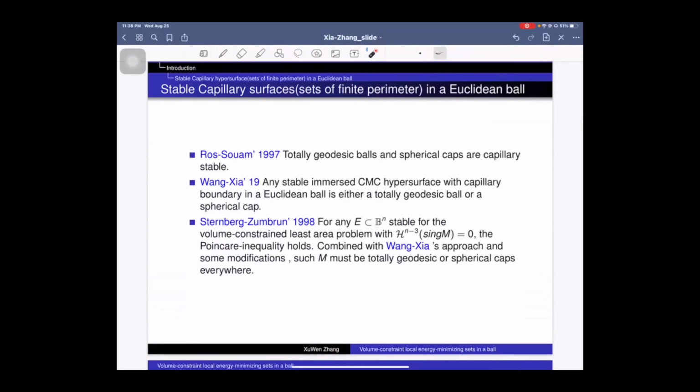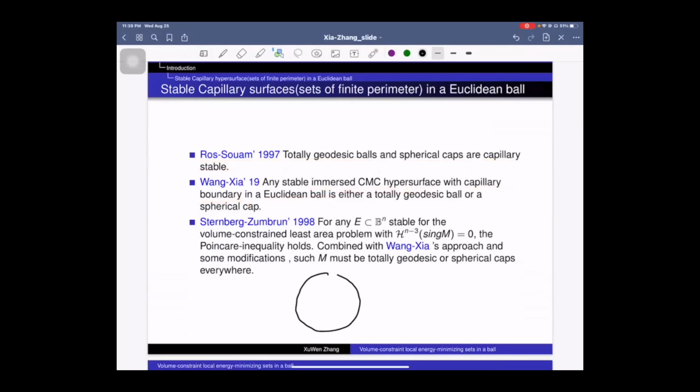In 1997, Ros and Souam proved that totally geodesic balls and spherical caps are capillary stable. And in 2019, Wang and Xia proved the inverse. They proved that any stable immersed CMC hypersurface with a capillary boundary in the Euclidean ball is either a totally geodesic ball or a spherical cap,